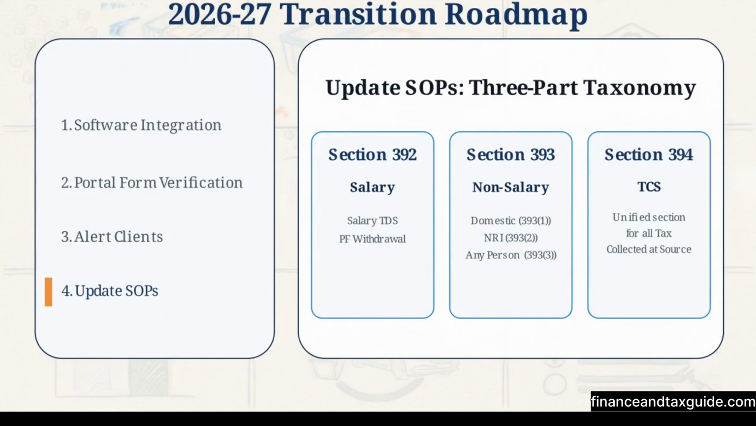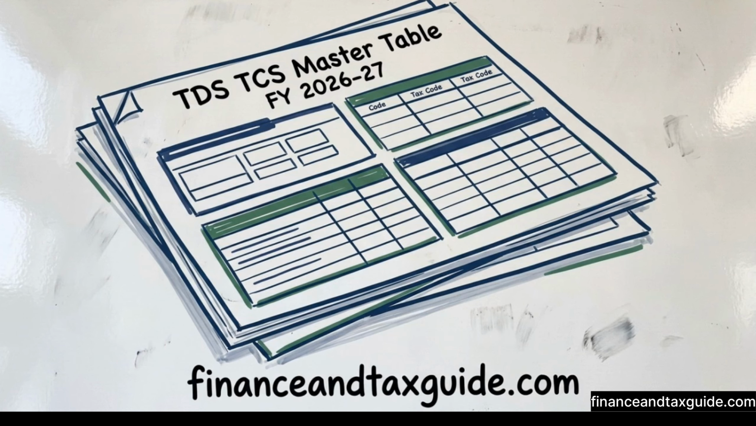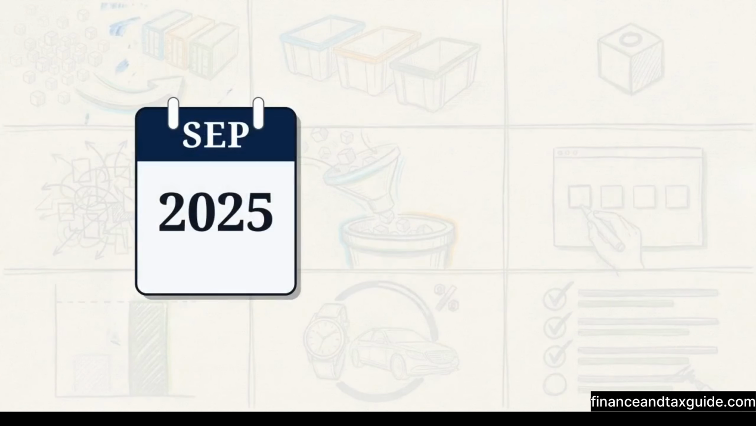To avoid manually tracking all 92 of these codes, you can download the complete master table at the address shown here. Completing this checklist helps insulate your firm from compliance issues when the new